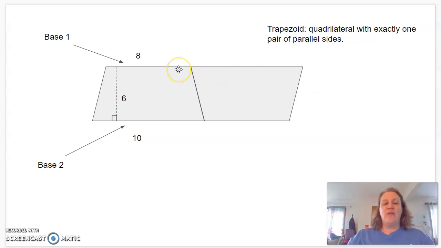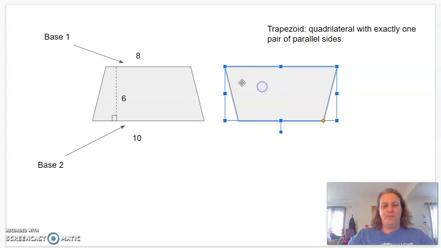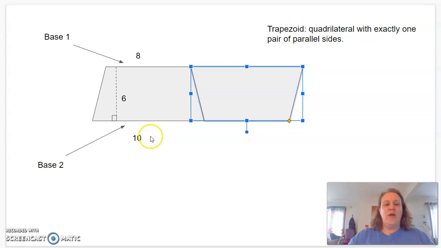So we have to figure out the height and the base. In a trapezoid, we have two bases. The base here at the top is 8, and the base here at the bottom is 10. So this is base 1 and this is base 2. When we made a copy of this trapezoid, the bases are the same, but I flipped it upside down. So now this bottom base here is 8 and the top base is 10. So when we stick these together, we're going to have